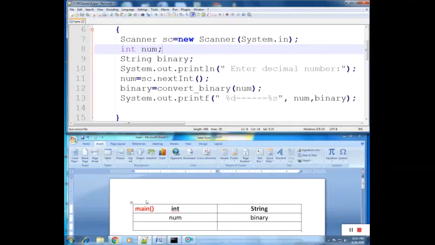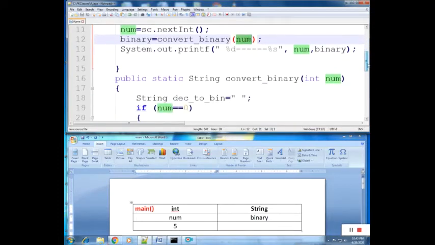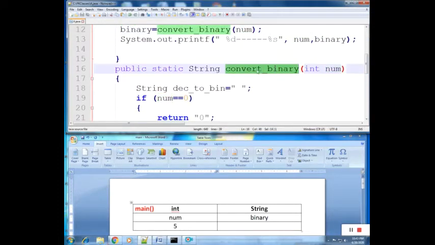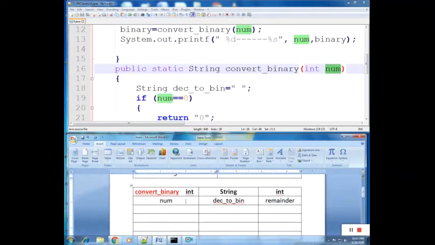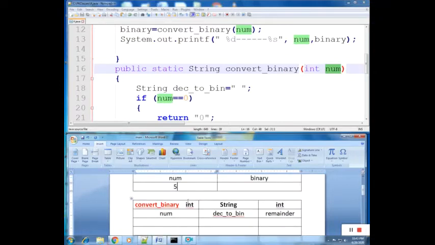System.out.println, enter decimal number. We will enter one decimal number 5, and we will call this convertBinary method and pass this num. This program will switch over to the convertBinary method, and in this method the argument num possesses the value 5.